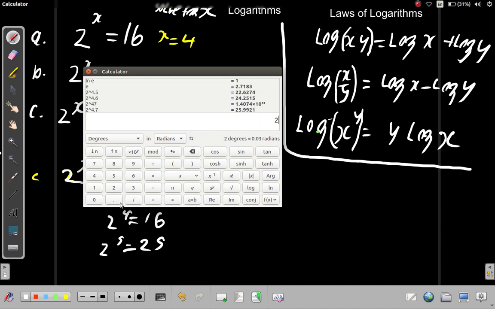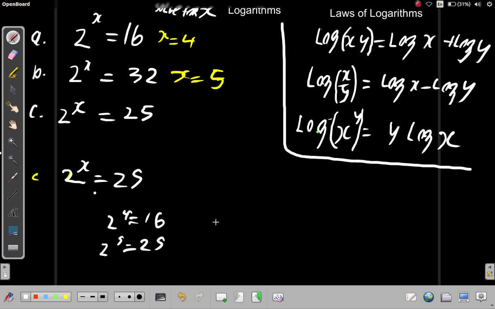Suppose you try 4.65. 2 to the power of 4.65 gives you, and you get 25.10 something. It's close to 25. But then